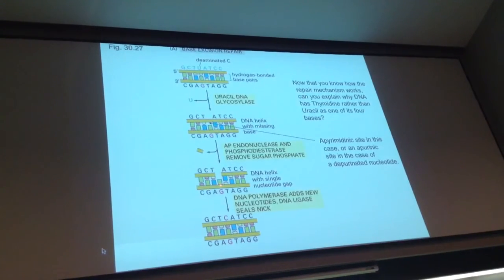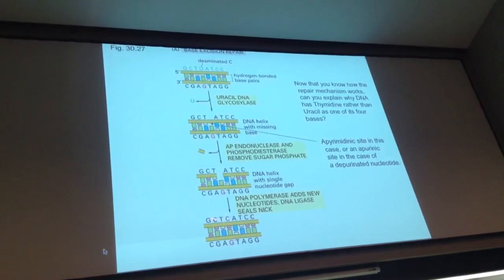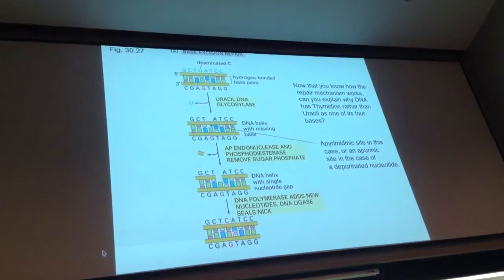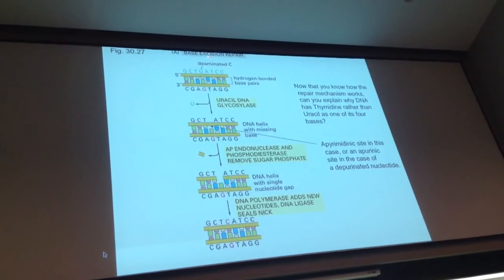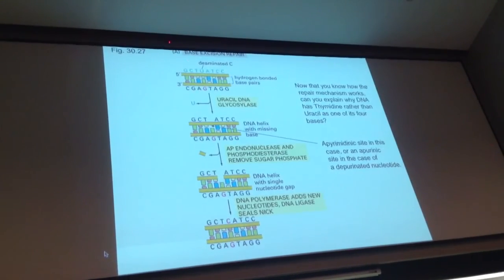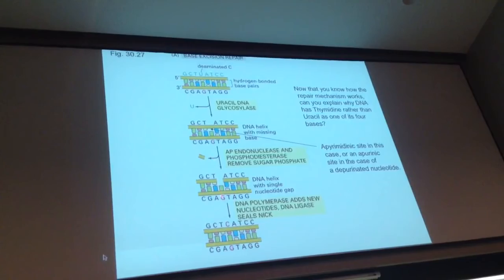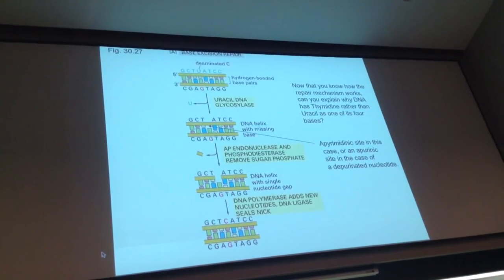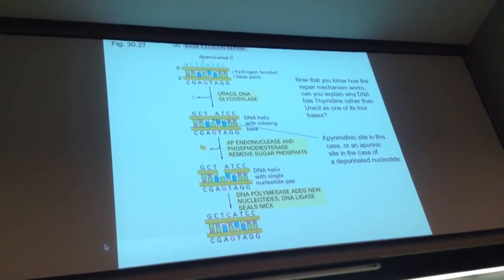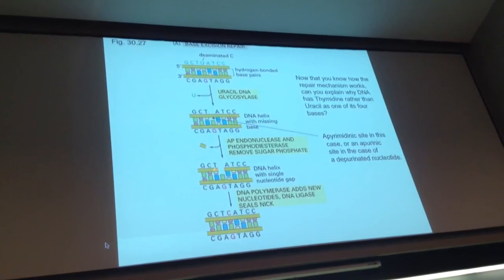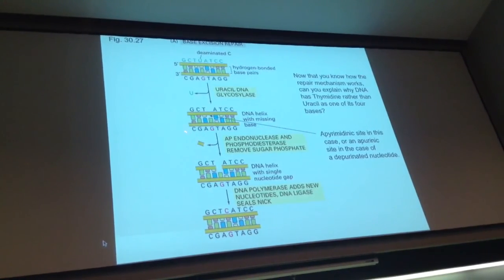And that template can serve then for DNA polymerase to put in the right nucleotide again, and then the ligase puts it together. Okay? This is called base excision repair, because what it does is it cuts the bad base off, and then uses that endonuclease and the phosphodiesterase to cut the sugar phosphate backbone, right? You let that piece out, and then it just uses